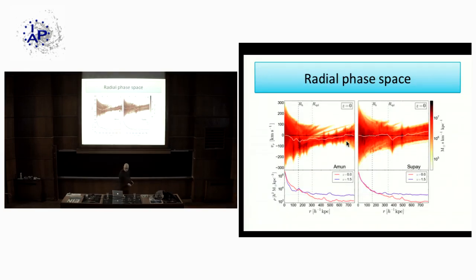So what you can now do is look at the radial phase space density of the particles inside the halos for these two halos. I don't know how familiar you are with this. Here you have the distance from the halo center, and here you have the radial velocity component from the halo center. And what you see basically in this region here is the velocity dispersion inside the potential well of